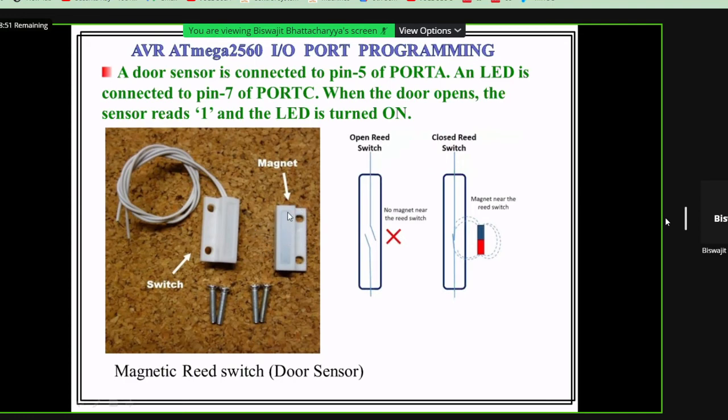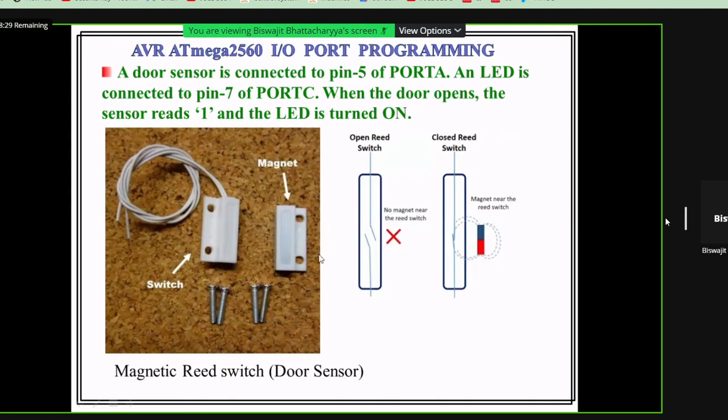Once the door is closed, the magnet near the hinge will touch this particular part; otherwise there will be no touching.